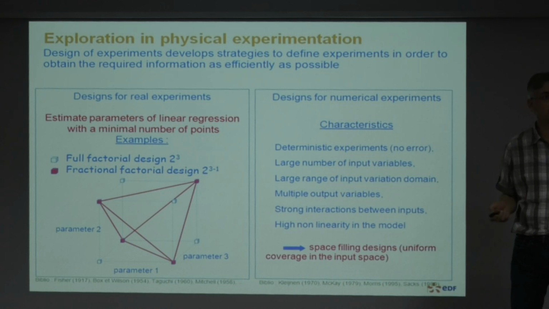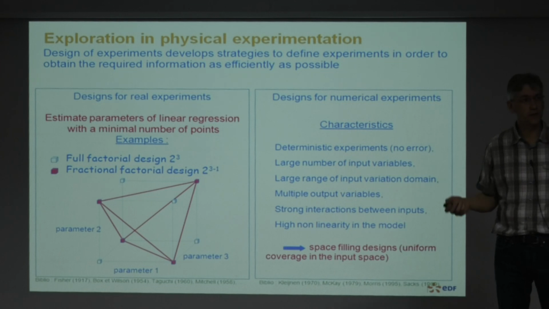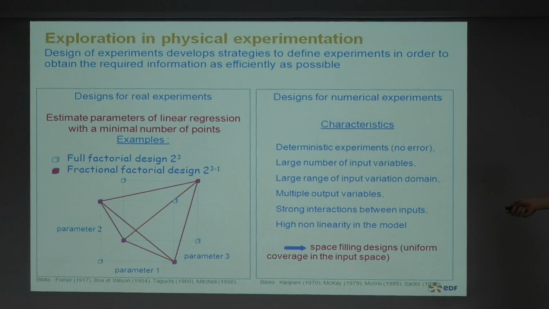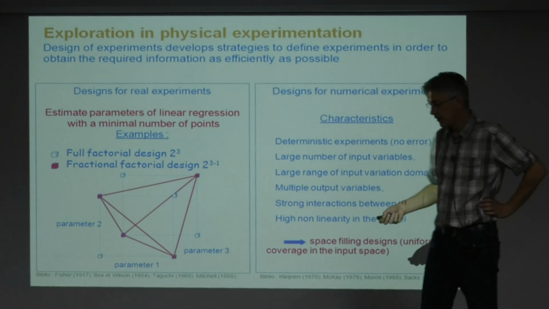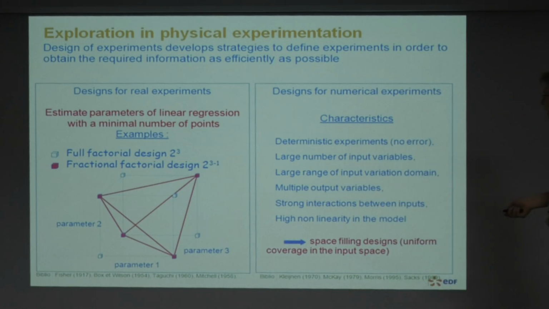Maybe some of you know this theory of fractional factorial design, etc. I will not talk about this today, but this is an important issue. The idea is to place the points on some levels of each parameter and to choose the combination of the levels of each parameter. And after, the idea is to reduce the combinations, but to keep good statistical properties to estimate the coefficients of linear regression or polynomial regressions.